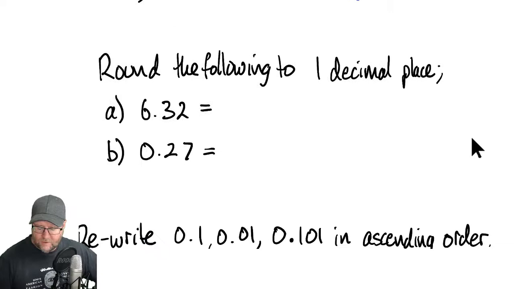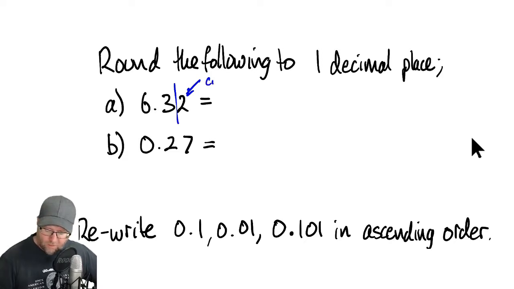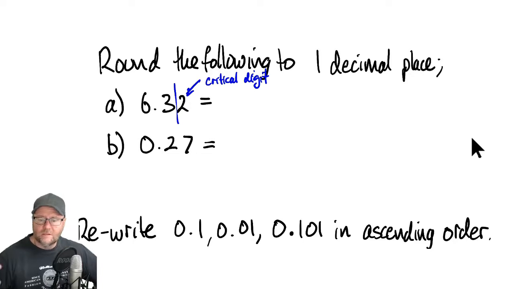Yeah, that's it. Round the following. So we're going to chop these down to 1 decimal place. So I'm going to chop that right there. Now, remember we said when we're looking at rounding decimals or numbers, we look at the one after the chop, right? I call this the critical digit. So I'm going to write that on there. Okay. If the critical digit is 5 or more, we round it up. If it's not, we leave it as is. In this case, 2 is clearly not 5 or more, so my answer will stay as